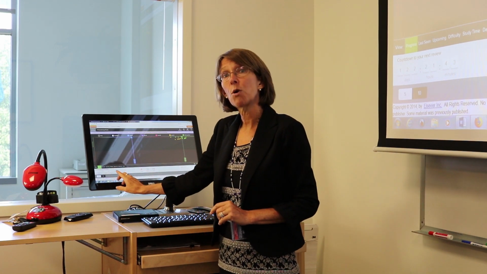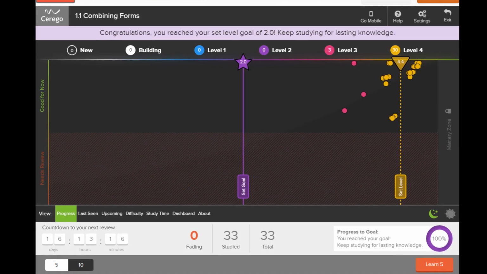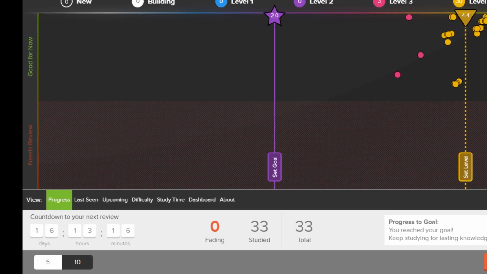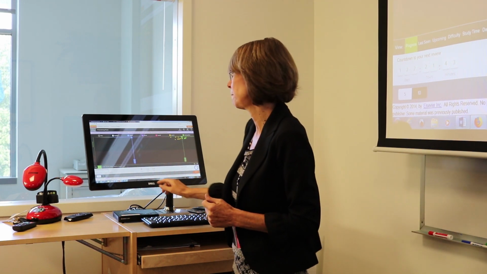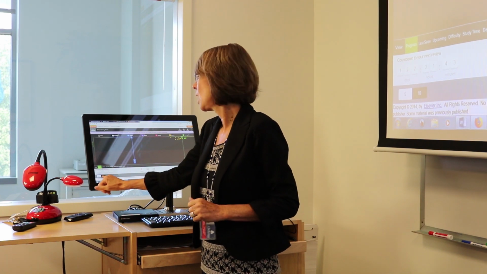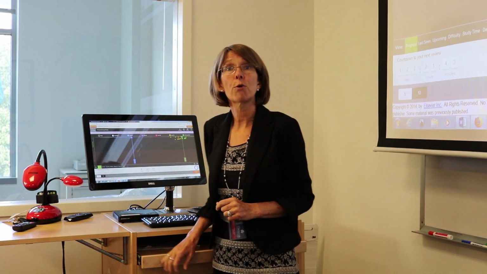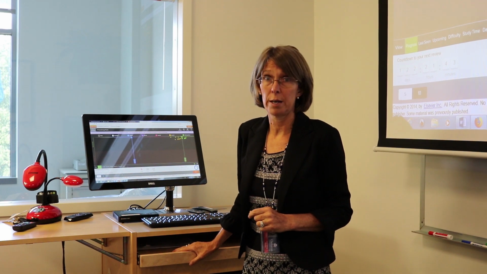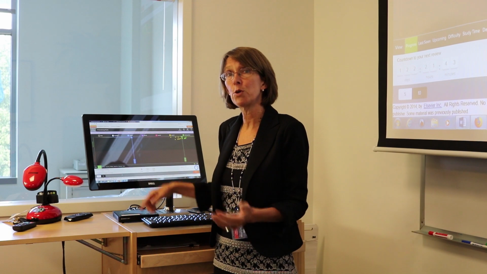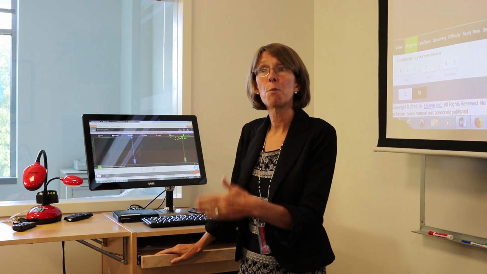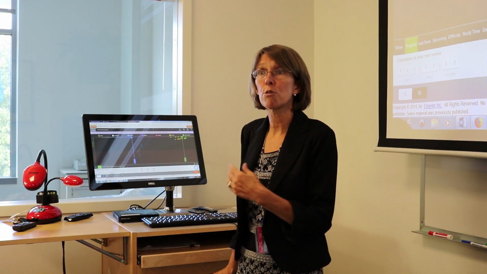A couple of things I want to point out to you is this schedule. This schedule is very important. Once you start studying the terms in this section or in any section, Sarago or Elsevier EAL will set a schedule for you to review the terms on. If you stick with this schedule and review it on time, you will move more quickly and efficiently through the